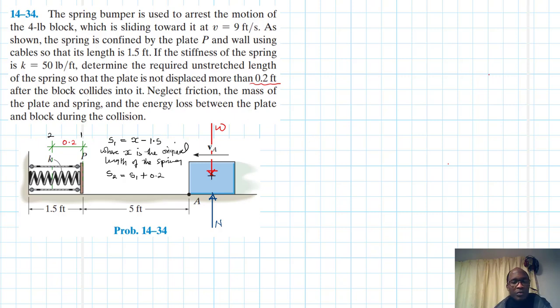So with that information, we intend to use the work and energy principle. So we are saying the initial kinetic energy plus the total work is just equal to the final kinetic energy. So we do have our initial velocity there. So we can simply say half m v1 squared plus integral from S1 to S2 of the spring force Fs ds is just going to be equal to